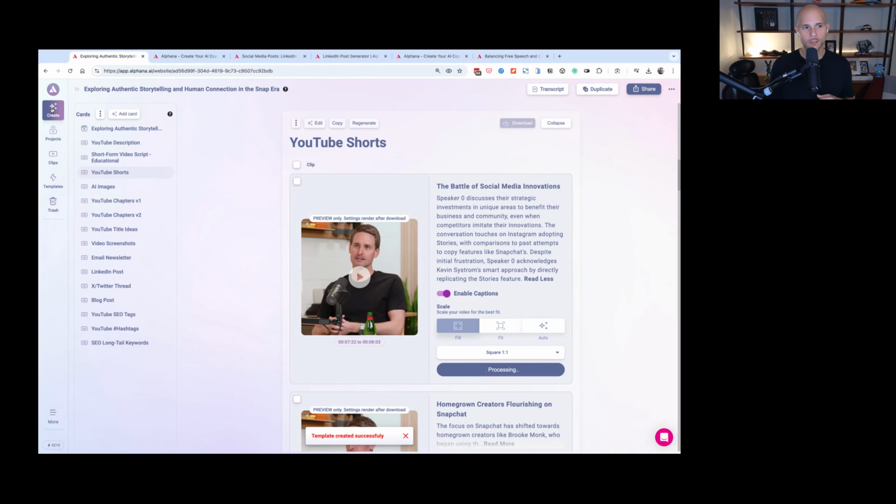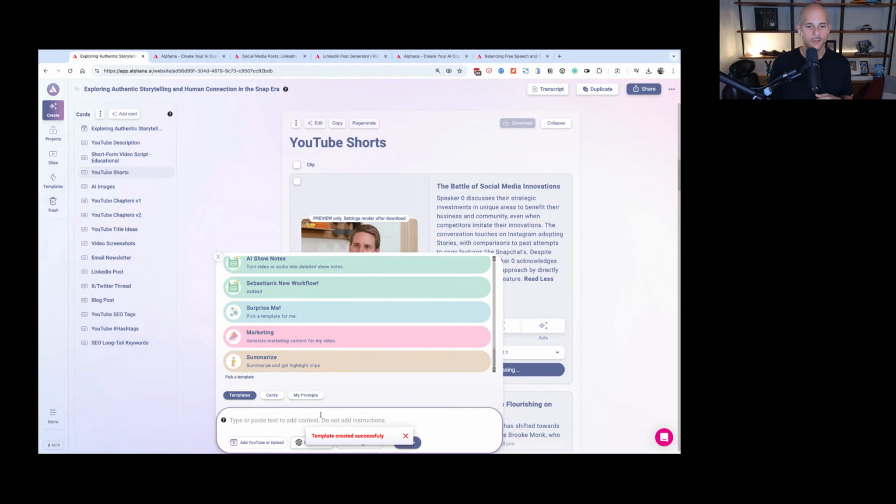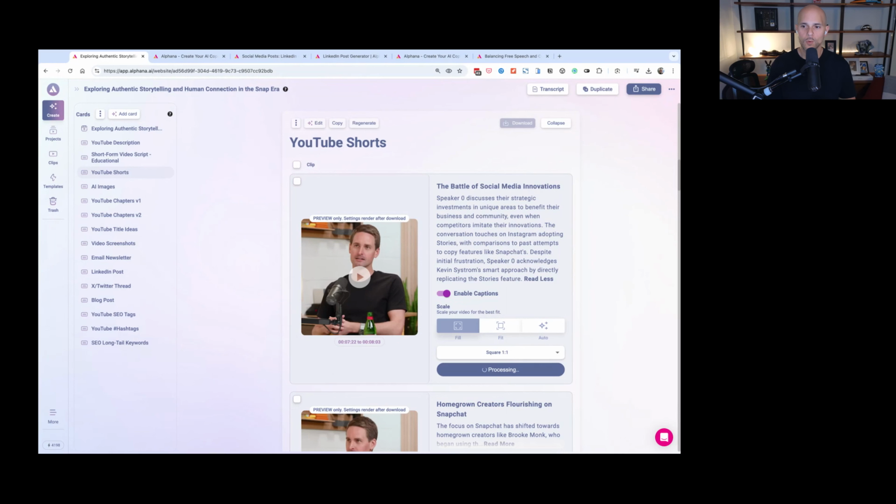So I can come here and click create new in the top left. This pop-up will appear, this overlay, and you'll see right here, my new workflow template that I just added is available for me to use over and over again. What platform or why would you do square? I get the other two formats.